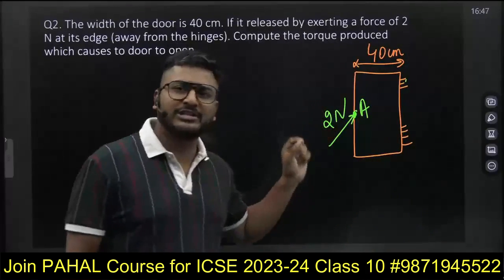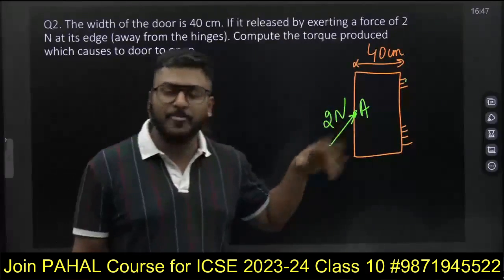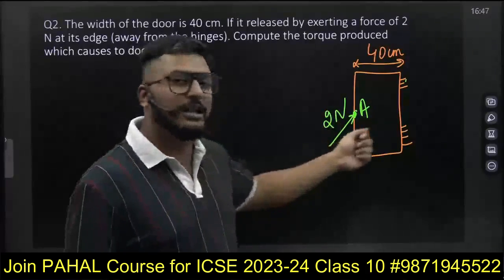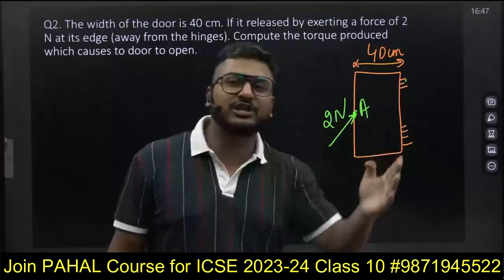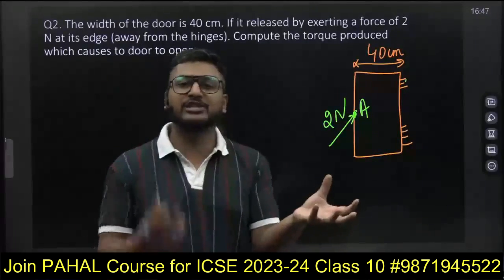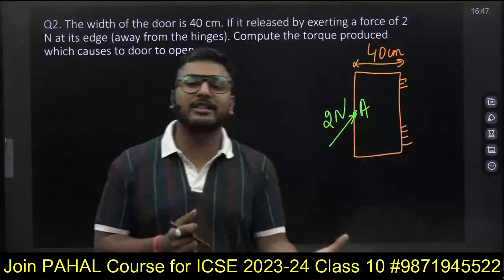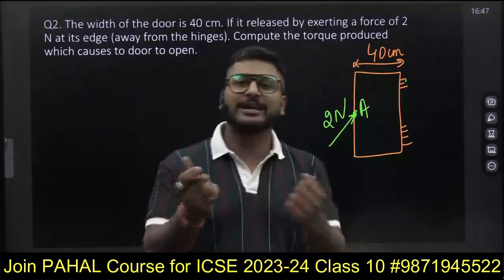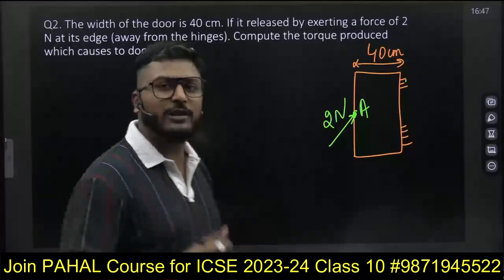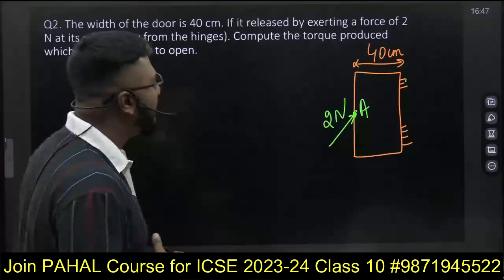If you have to solve the question, first make the figure. If you can draw a figure, then you can get the imagination of what is given in the question and what you have to find out in the question. So if you know what is given in the question and what you have to find out, then it becomes very easy for you to solve the numerical. Now let's see what is given in the question.